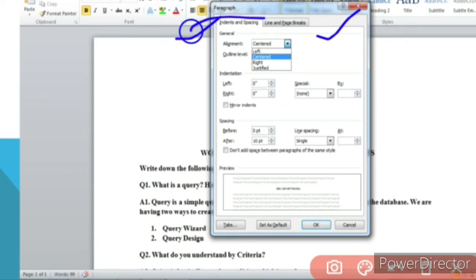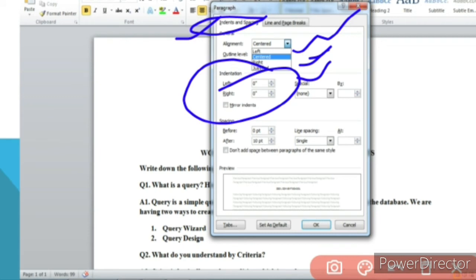We just have to cover Indents and Spacing. Here you can see all 4 alignment values are there according to your choice. Suppose I want to choose the left side. But how much margin you want from the left side, you just have to set by the position of indentation. The settings you can change by yourself as per your requirement, right? And just click on the OK button.